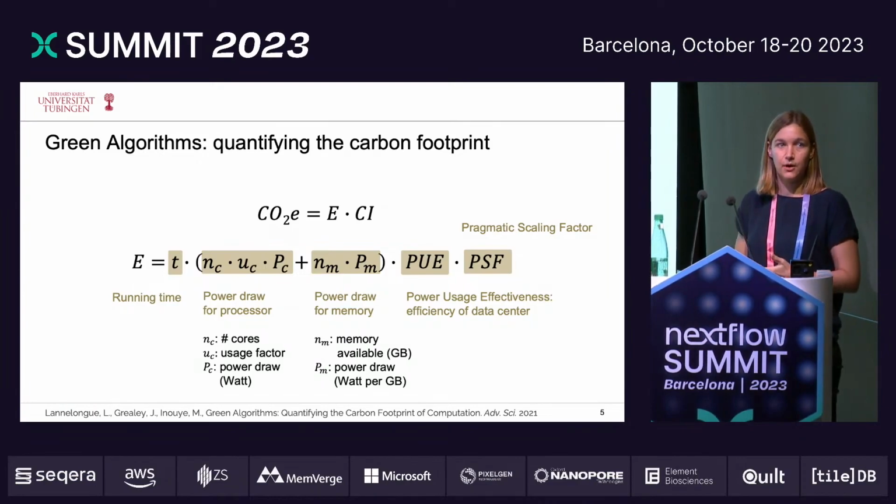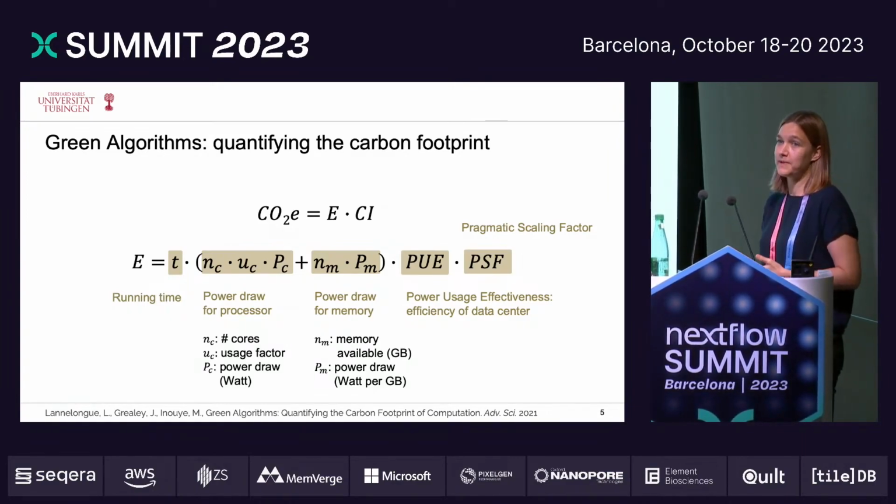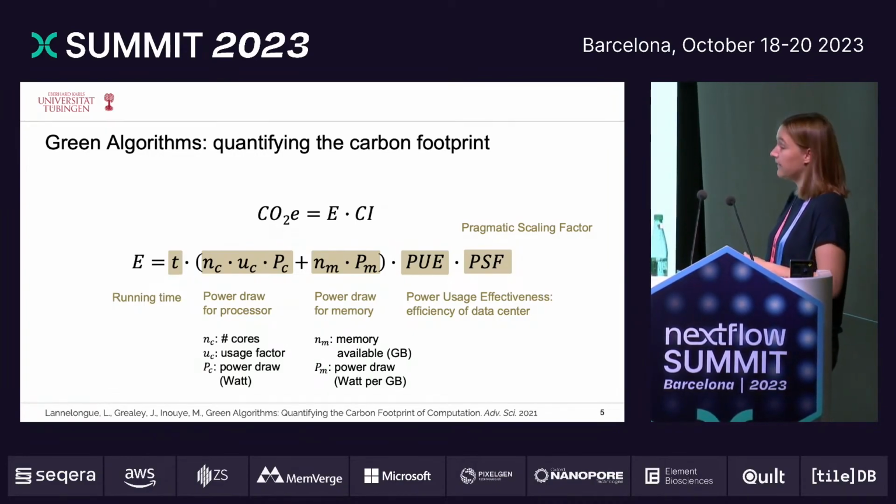So for example, if we over-allocate memory, this has a bad impact. Then the efficiency of the data center is important, the PUE value. So larger, more optimized data centers usually have a lower PUE value, and also the behavior of the user is important, of course. If we look at the actual carbon footprint which is resulting, for this also the carbon intensity